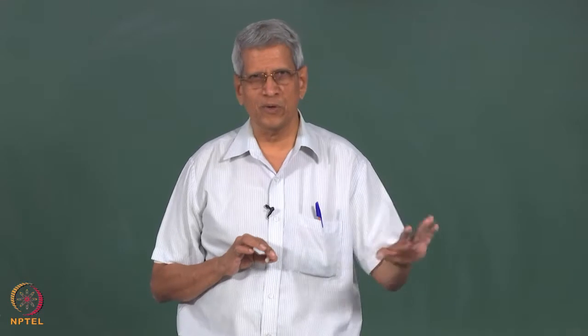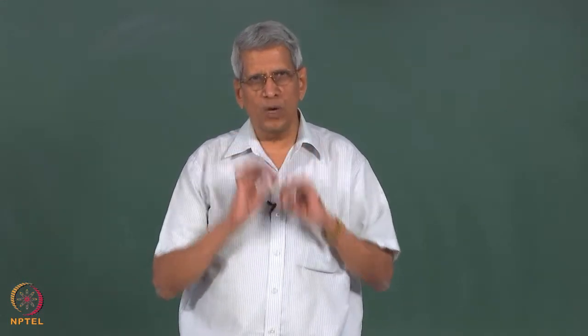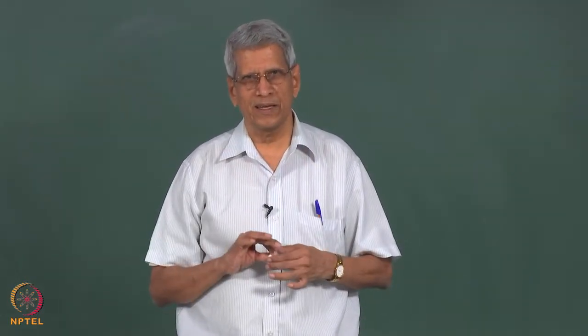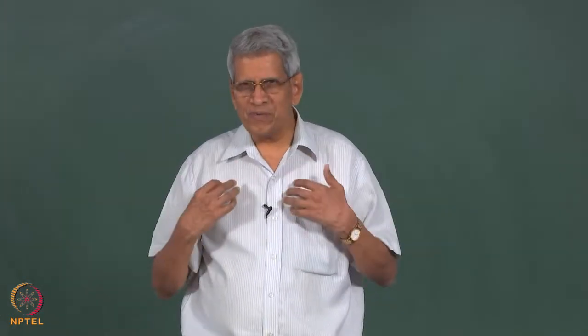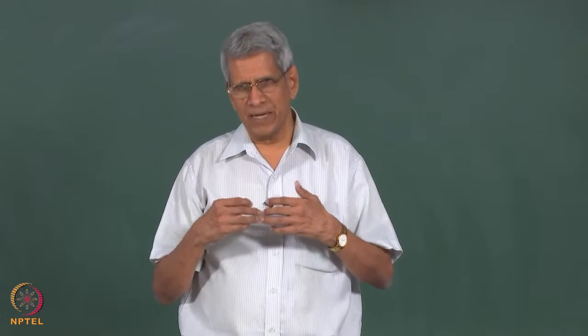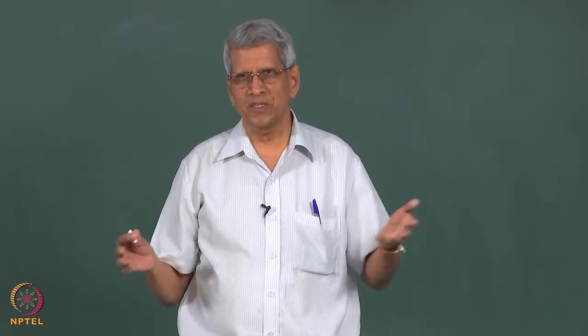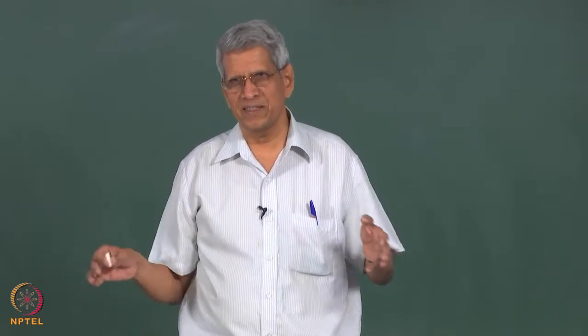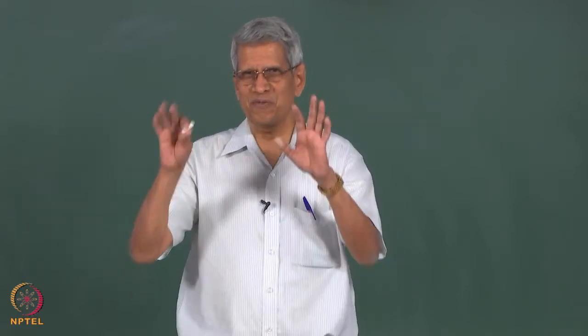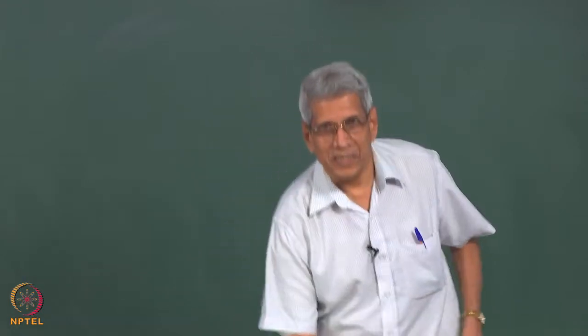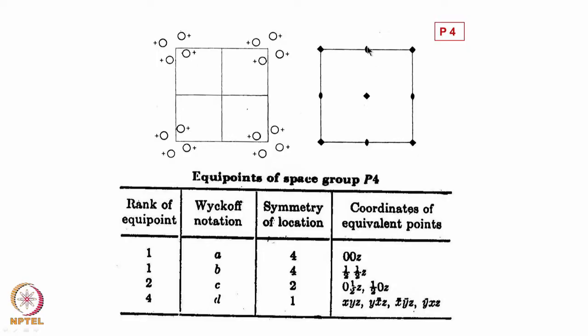This is the simplest one can understand, because the lower the symmetry, the easier it is to understand. Though the cubic system, since most metals crystallize into one of the cubic systems or HCP, we think that's the easiest. From a symmetry point of view, I will show you later, that's the one which is very complicated to look at. But there are two distinct positions. This is one position, this is another position, okay, because this has only a twofold symmetry.